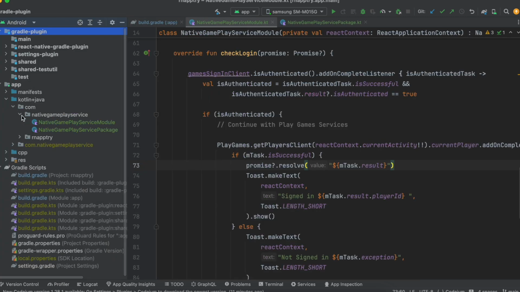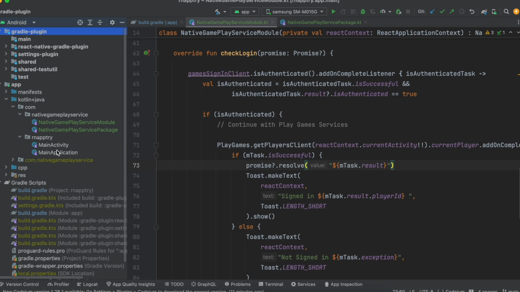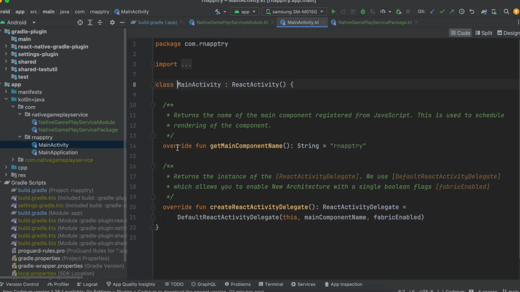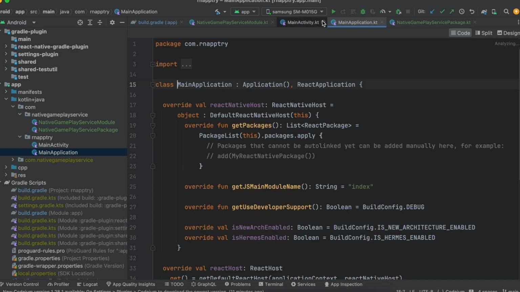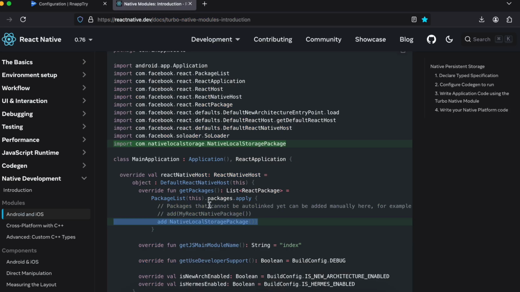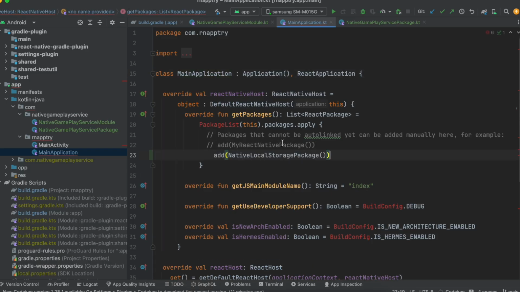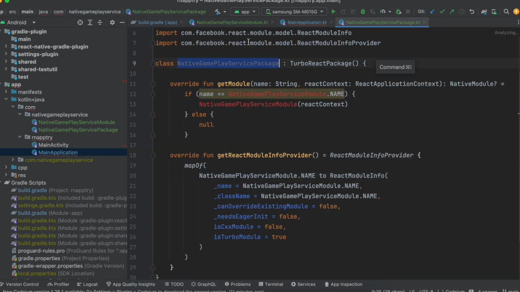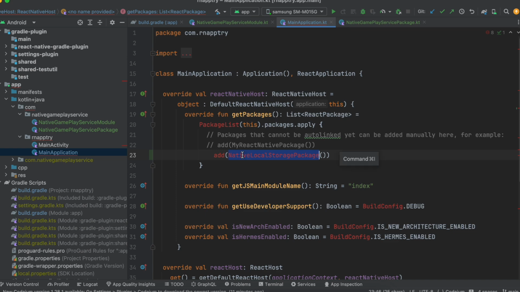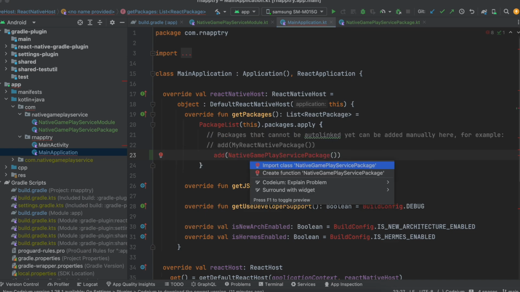It's just that I'm more comfortable doing it inside Android Studio. That's why I'm doing it inside Android. So what it is saying is go to main application and add this particular thing, right? We just have to change the file name. So I'll just add this over. Ignore these errors, these are not really errors. I'll copy this file name, paste it over here, and add this import as